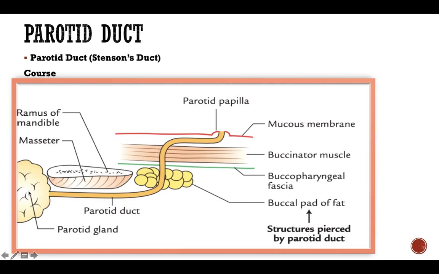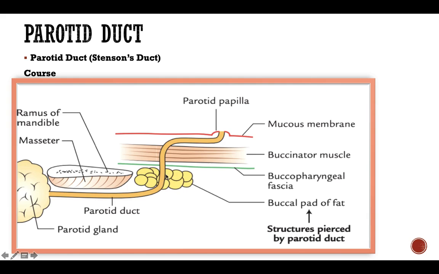After the parotid duct emerges from the parotid gland, it runs forward over the masseter muscle in between the upper and the lower buccal branches of the facial nerve. It's not depicted in the picture, but just remember it runs between the upper and the lower buccal branches of the facial nerve. Then it takes a bend. This is the first bend.